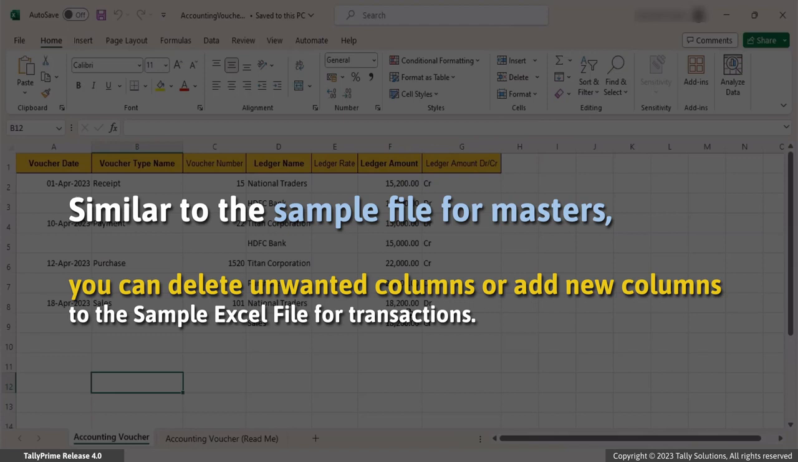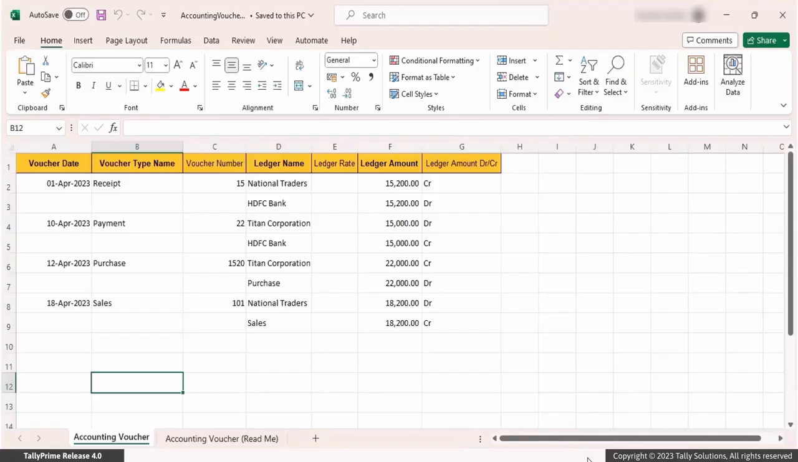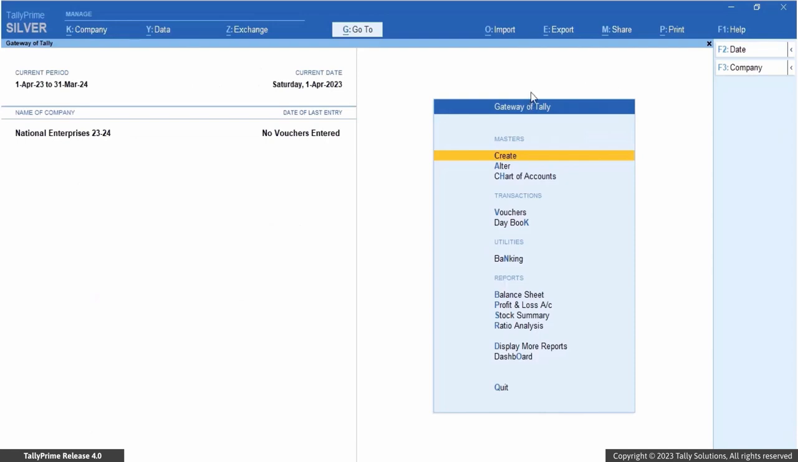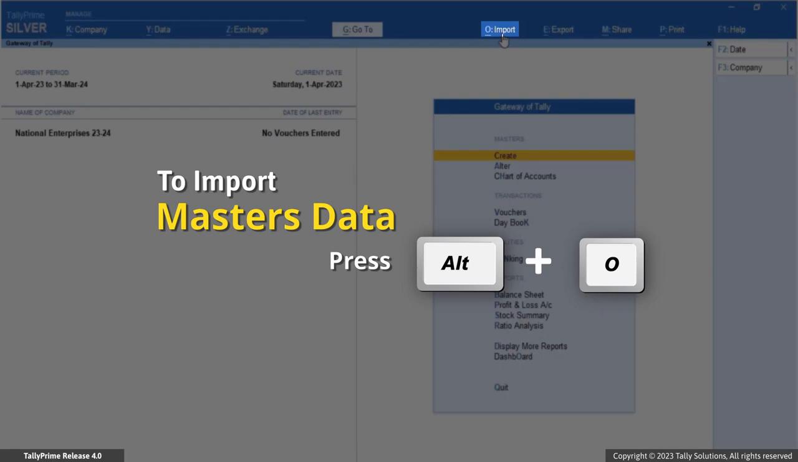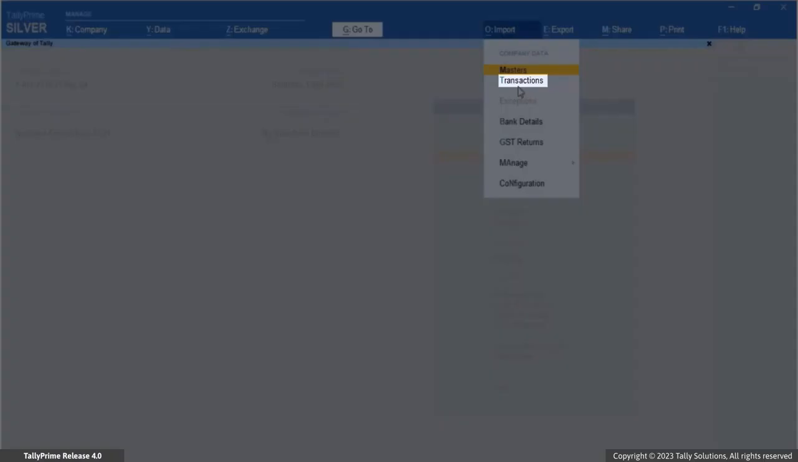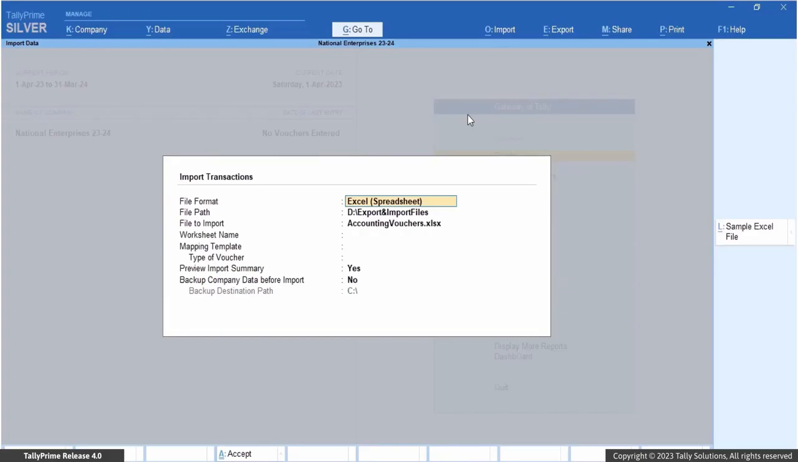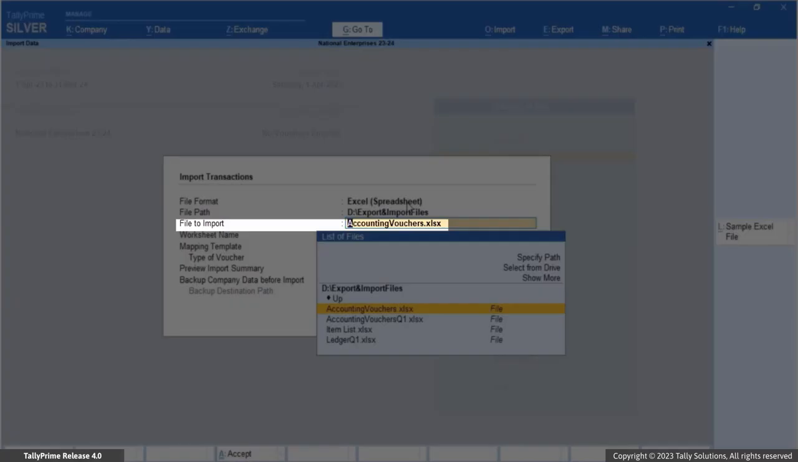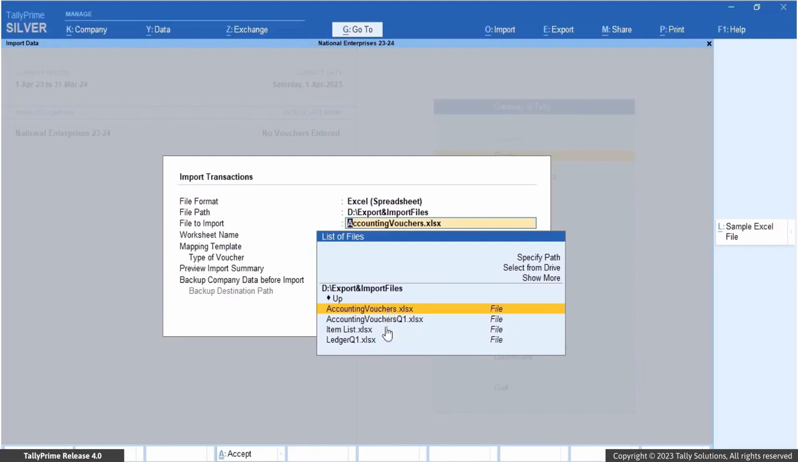Similar to the sample file for masters, you can delete unwanted columns or add new columns to the sample Excel file for transactions. Now, let's see how to import the transaction details into TallyPrime. Press Alt+O, Import, and select Transactions. The Import Data screen appears. Ensure that the file format and file path are correct. Under File to Import, select the sample Excel file, that is